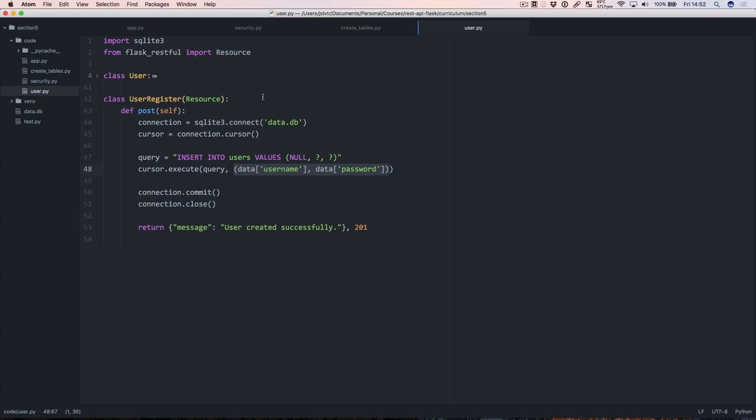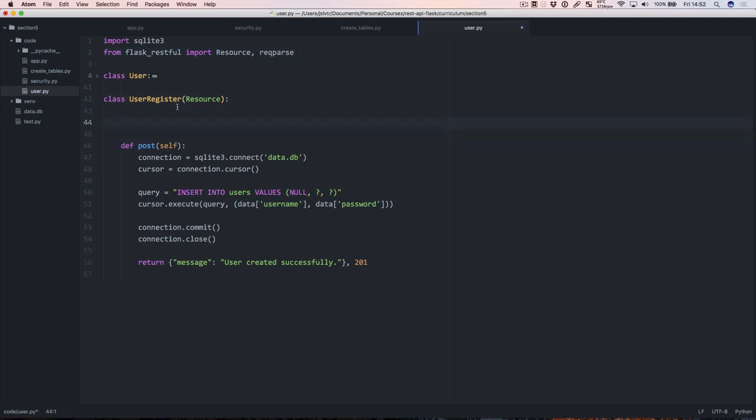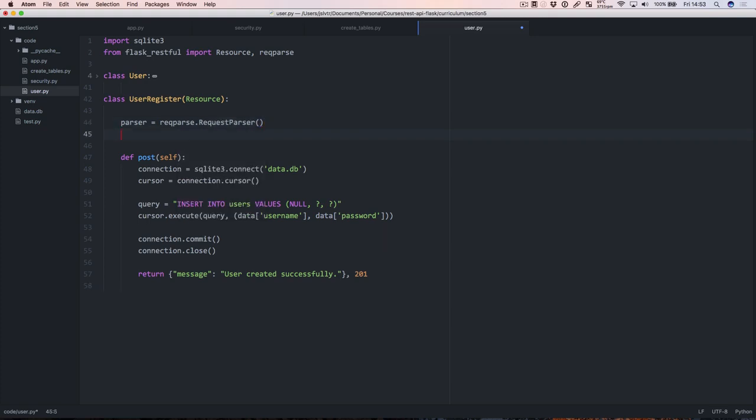Okay, hopefully you got that. The first thing to do is to import the parser from Flask RESTful, so that's reqparse. And then we are going to create a parser in the UserRegister class. The parser is going to be reqparse.RequestParser. And then we're going to add two arguments, username and password. Parser add argument, the username,